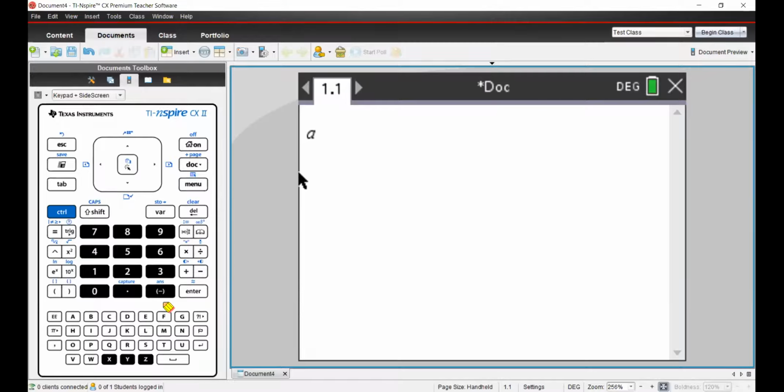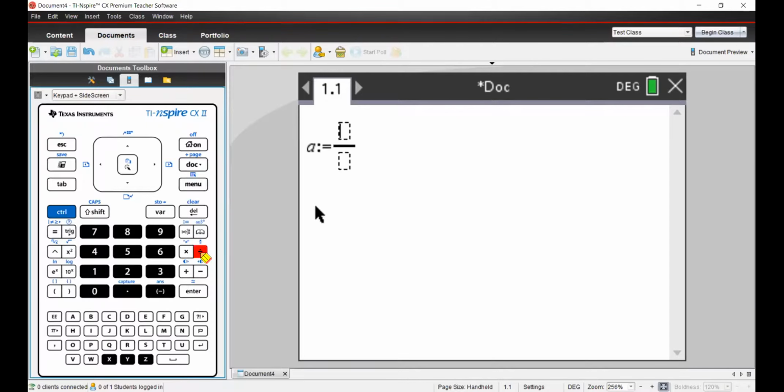So I'll write A and I'll press control math template. This colon equal to sign is used to store a variable or a function. So how do you get this colon equal to sign? It is control, and beside the 9 key you can see a math template key, and above this key you can see a colon equal to sign. So you just press control and that key and you will get this colon equal to, and you can say, okay, this is 2/3. So fraction template 2/3, hit enter, it is saved.